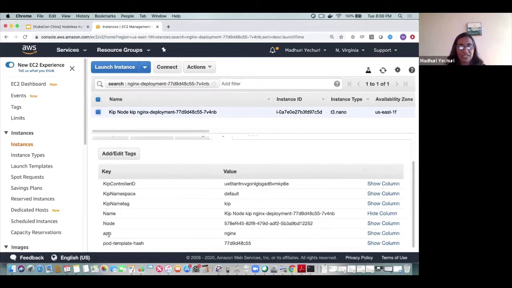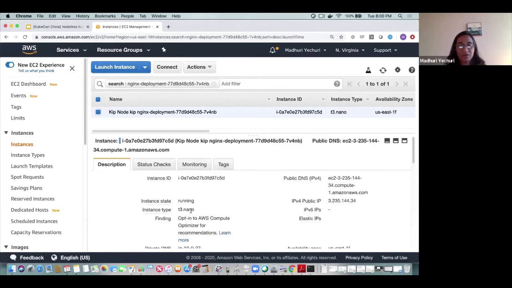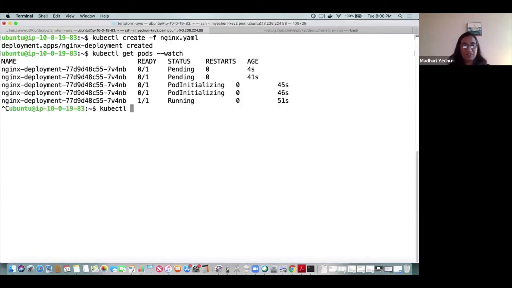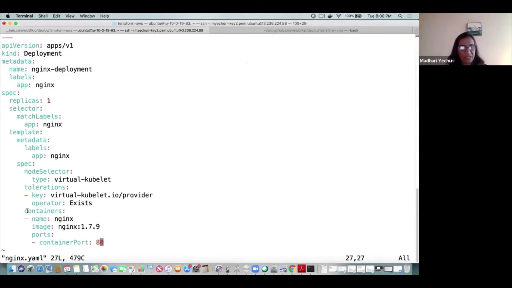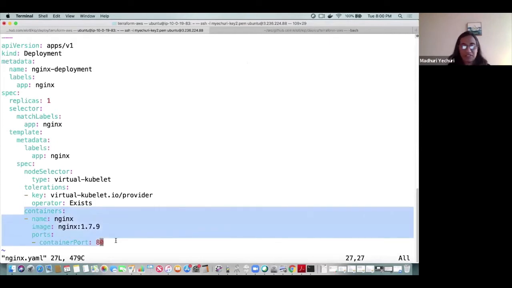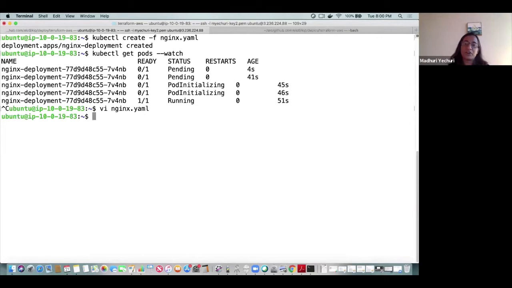And we see that the labels of the deployment automatically translate to tags for the pod, and also the namespace and the name of the pod are all available through the tags of the just-in-time provisioned compute node. The system automatically picked T3 Nano as the compute launch type because I did not specify any reservation or limits for resources in my Nginx YAML here. So we got the most cost-effective compute launch type. You can also allow the system to automatically pick spot instances or Fargate launch types, etc.